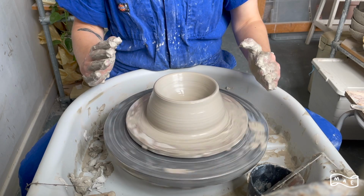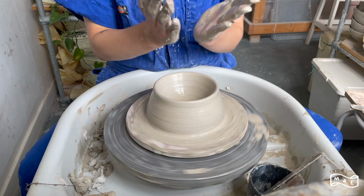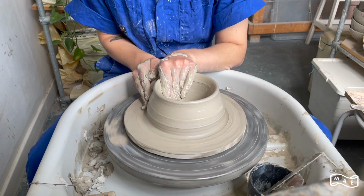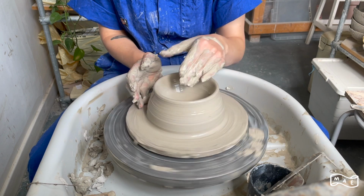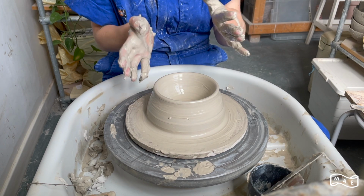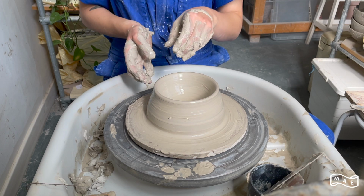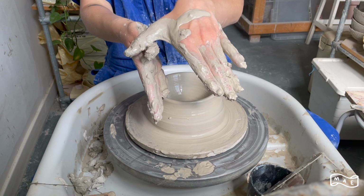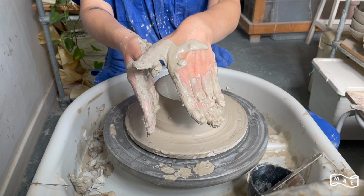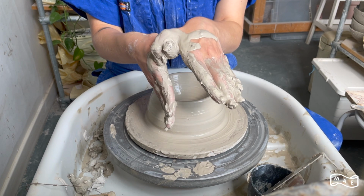So now we have an opened ball of clay, and we're going to bring the walls up, and then we're going to shape them up. So I'm switching my hands over, and again, like a cylinder, I'm going to bring the walls up, but it's kind of different. With a cylinder, you are just working in one area and you're going like this. With a bowl, you're having to move your inside hands before your outside hands move, so you're sort of bowling around. You're following that curve that you've just established with your inside fingers,